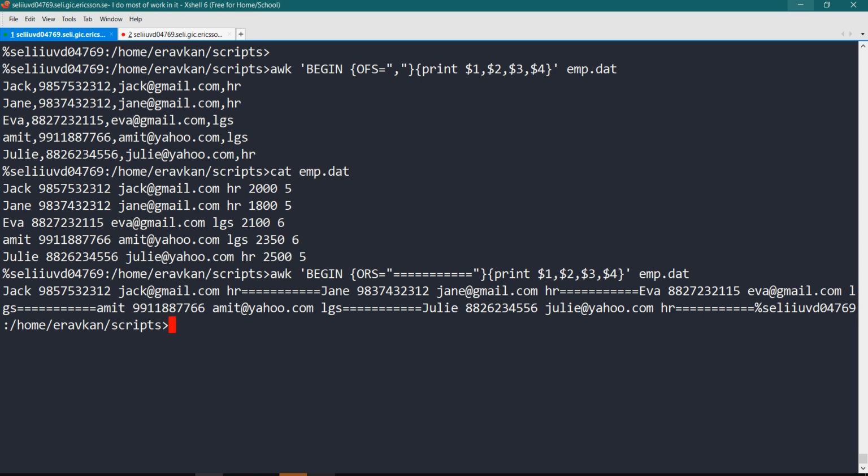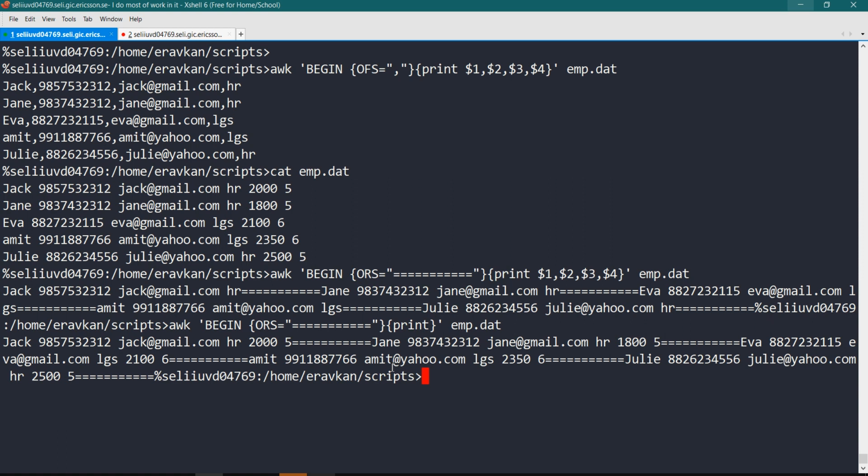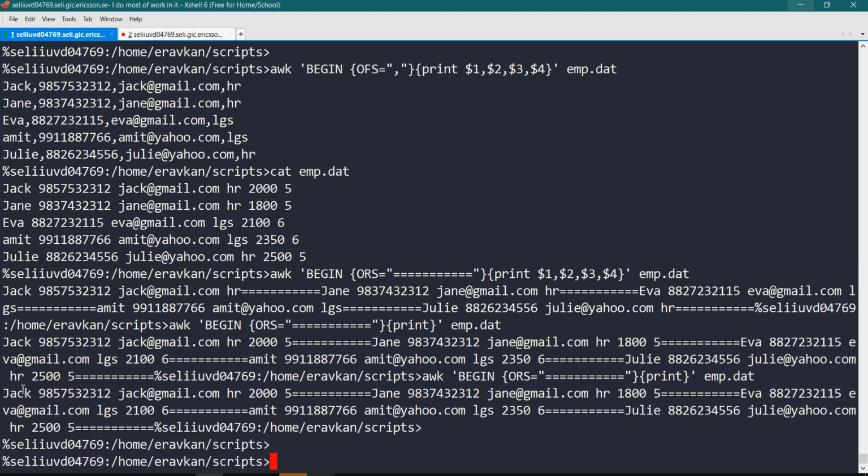Why is it not coming? ORS is there. I think I need to specify OFS also there. OFS equal to, no. So now you see how the records are separated. This is the first record, then this separator comes, then this separator comes. So how your records are separated, you can specify by this.